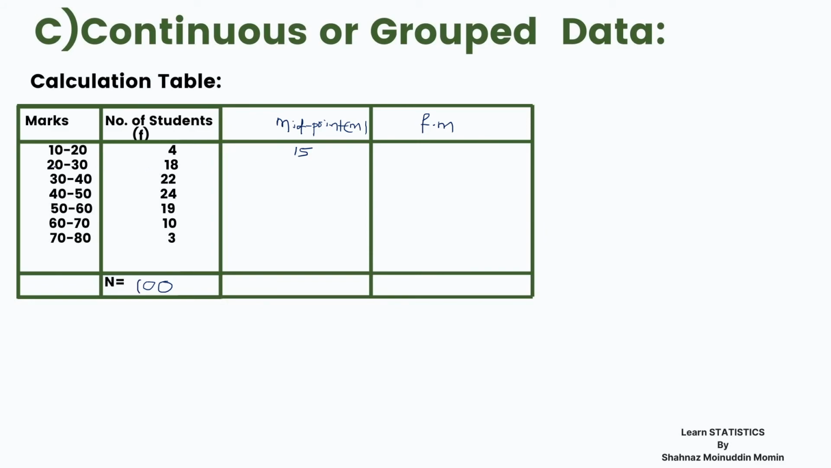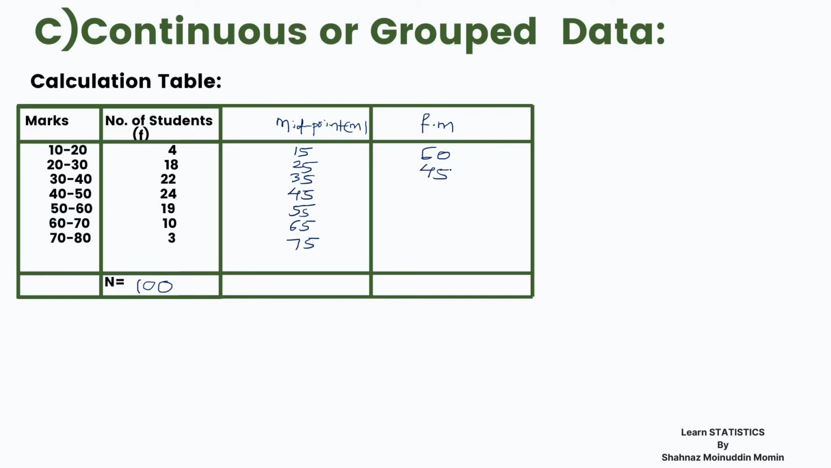Now second midpoint is 20 plus 30 upon 2, means 50 upon 2, it comes out to be 25. Similarly 30 plus 40 by 2 means 70 by 2, it comes out to be 35. Likewise calculate all the midpoints as 45, 55, 65 and 75. Multiply these values, midpoints, with frequency. For example, multiply 4 into 15, we will get 60. Next, multiply 18 by 25,